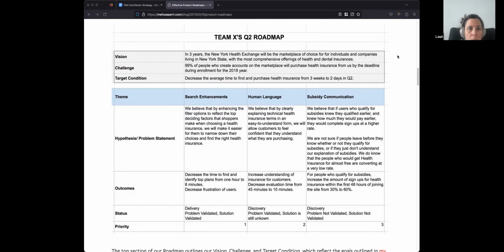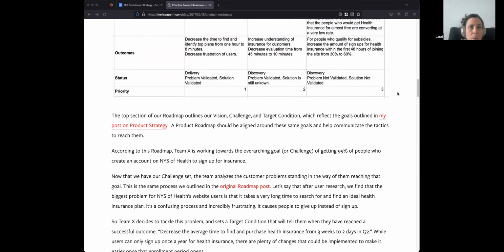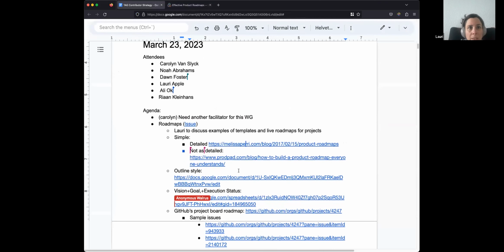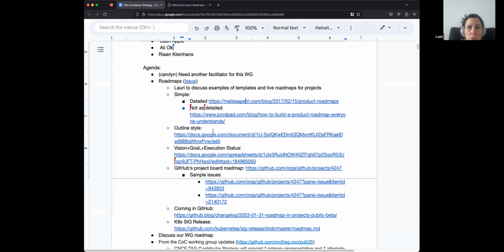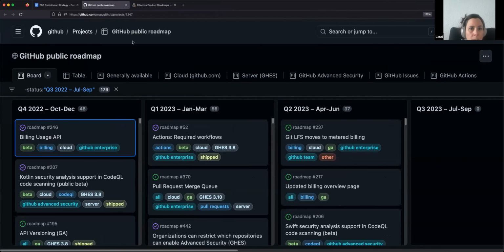In my own work, I've tried to adapt details and features of roadmaps like these to help teams. I've also included GitHub's project board roadmap because I think it's a great example of what you can do with the project boards, and it will be quite practical for groups to easily and automatically spin up their roadmaps. So if we go to the first link,